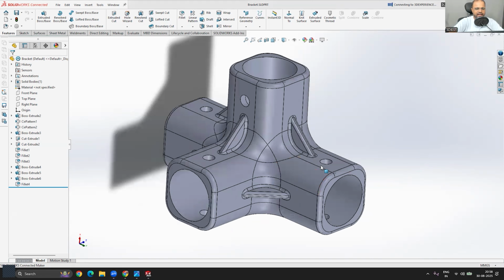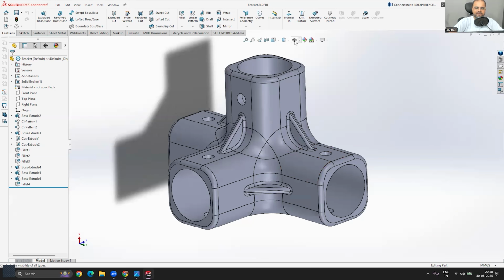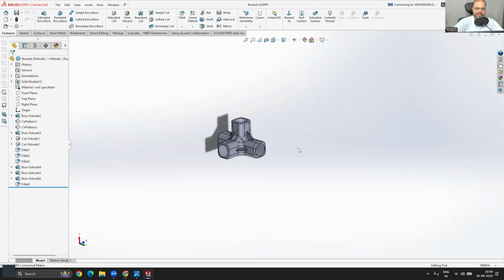Now, next, as you can see, we have this option that says show and hide some of the features inside SolidWorks, right? So right now, if you zoom out a little bit, can you see this small 3 axis visible at the bottom of your canvas? These axes represent the 3 different axes, right? The red one is the x-axis, the green one is the y-axis, and the blue one is the z-axis.